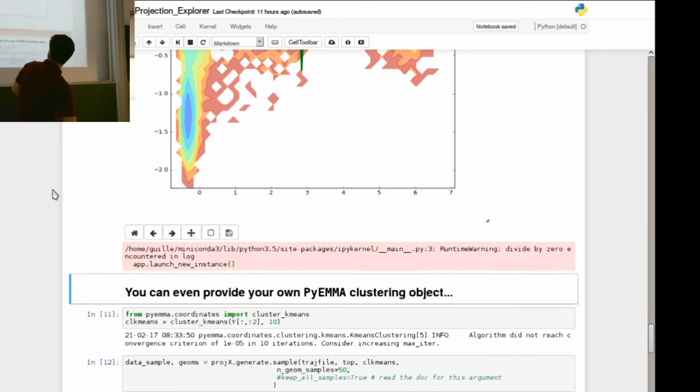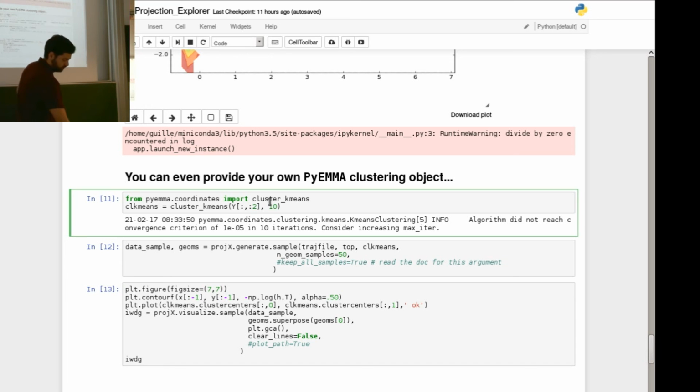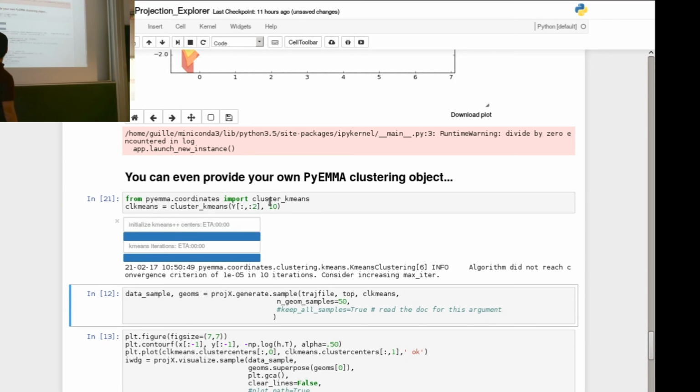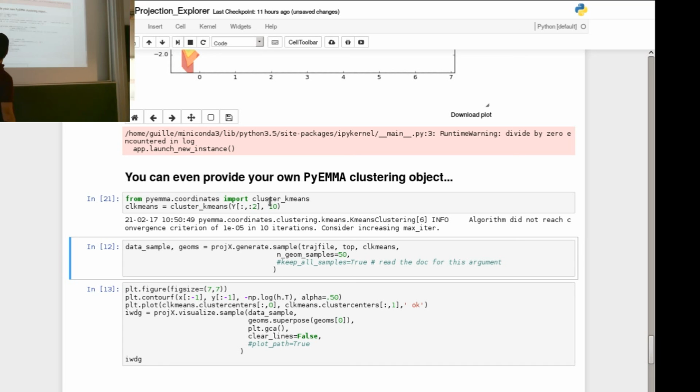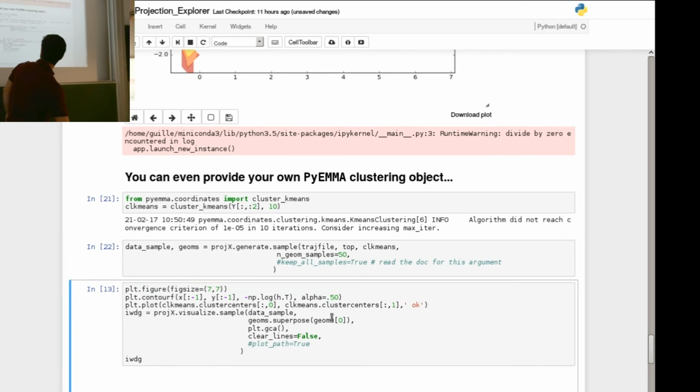You can also provide your own clustering objects. I think this is also a nice feature. Okay, so we're just doing pure PyEMMA here and getting a clustering object, and we're plugging this clustering object back into the sample generating method. And now we can take the sample data and the sample geometries and link this with